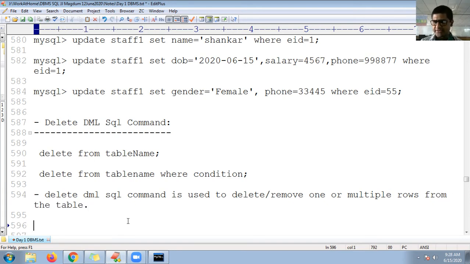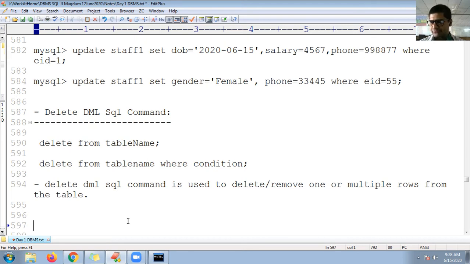So these are the syntax. So the rows which are not required in future, you can delete those rows. The delete command comes with temporary deletes. You can even roll back also. So let us see one or two examples.